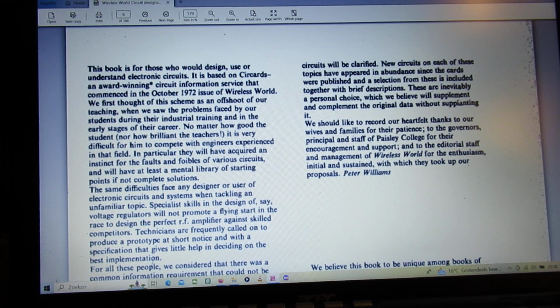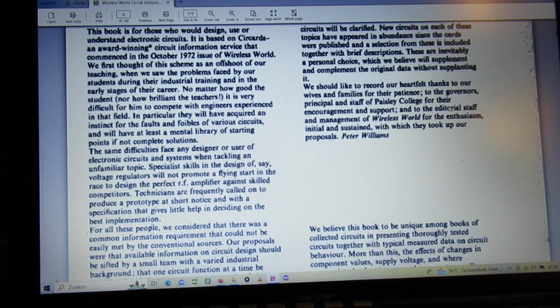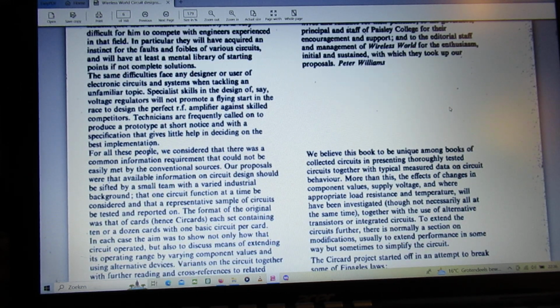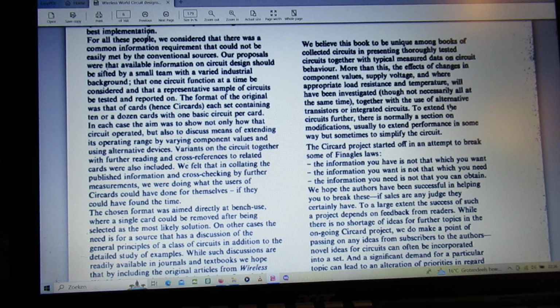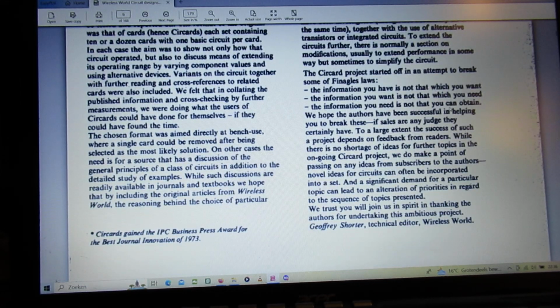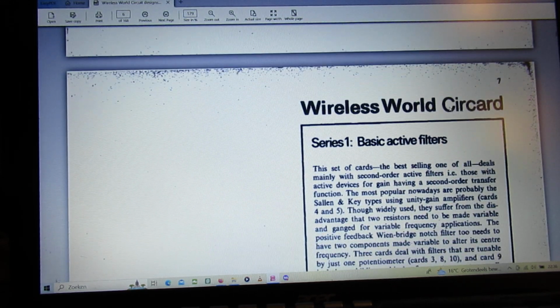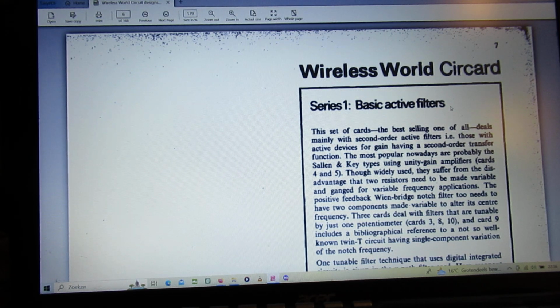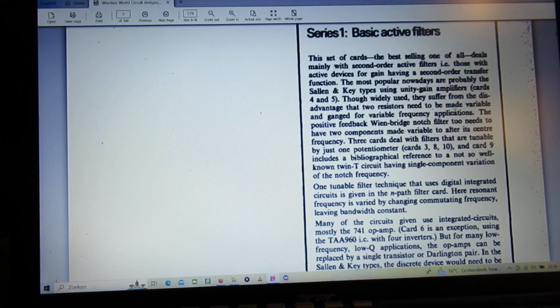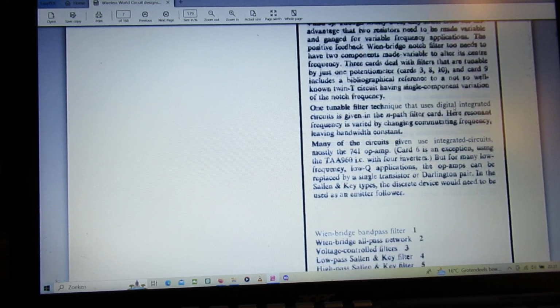Of course, this book is a kind of sea to drink. So anyway, I cannot focus on all the interesting things that perhaps are interesting in your case or in other cases. Basic active filters. Well, I will flash over